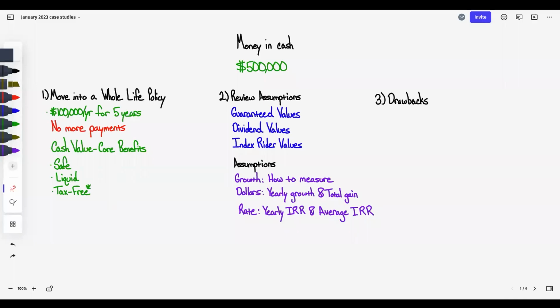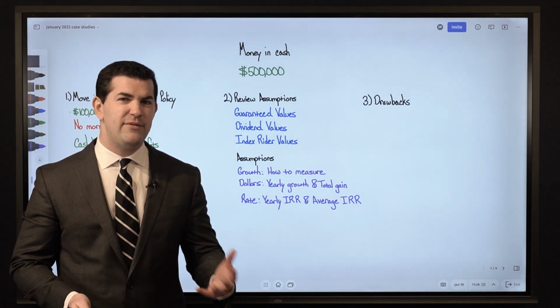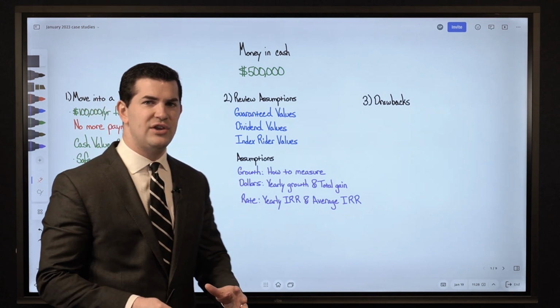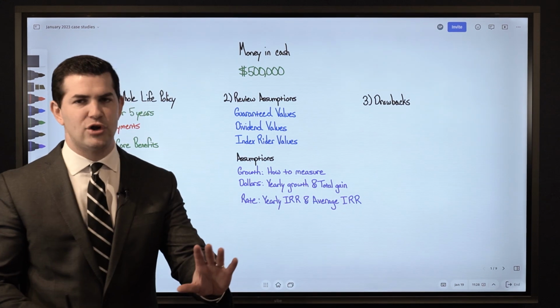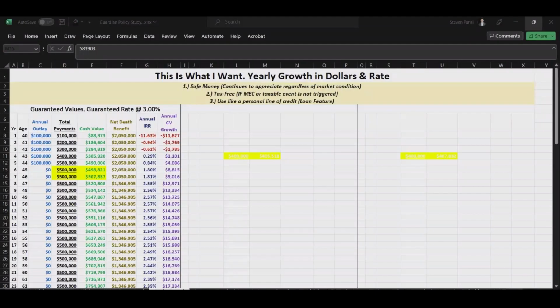And we can look at both the dollars and the rate, and we'll look at the internal rate of return for that. So back to dollars, we'll look at the yearly growth and then the total gain on the policy over time. And then for the rate, we'll look at the annualized internal rate of return and also the average internal rate of return, which allows you to see the net growth rate on a policy. Because if we're looking at the dividend rate or even the guaranteed rate for that matter, that can be confusing because you'll never see whatever the dividend rate is. You won't see that rate translate to the actual growth rate in your policy. Let's look at exactly what I mean when I say that, and we'll have some fun with this.